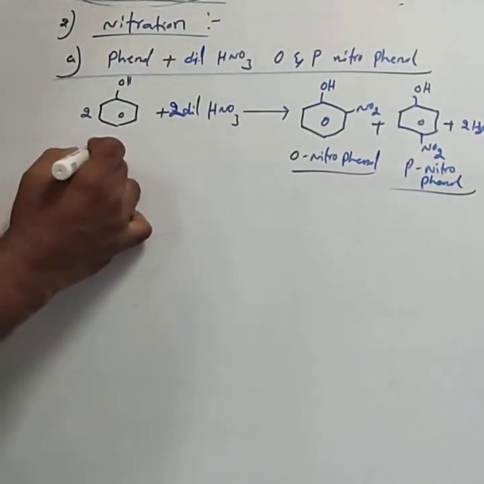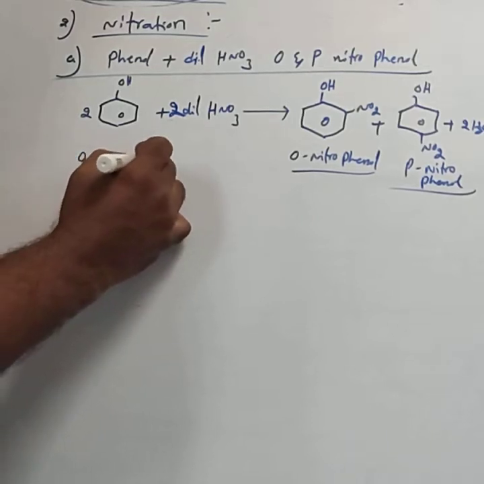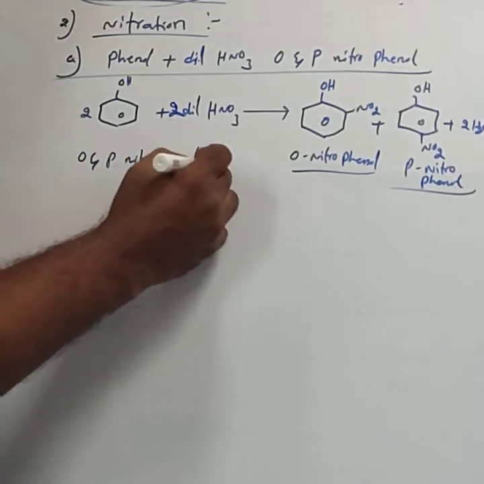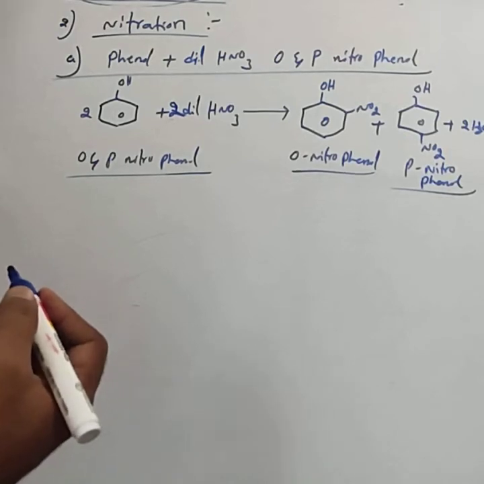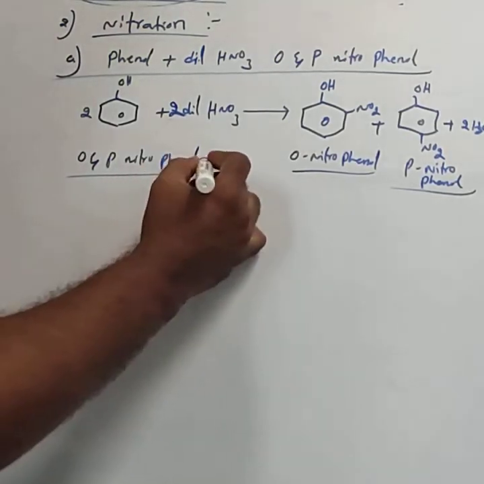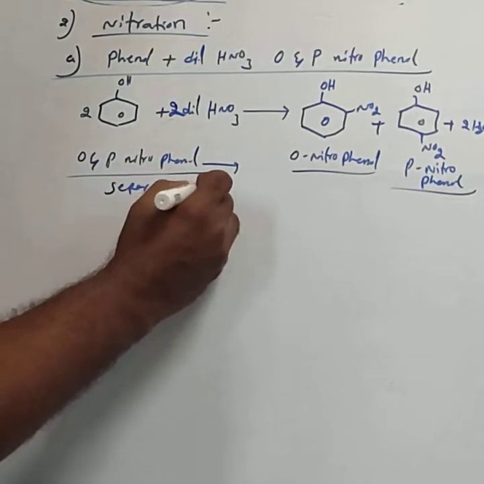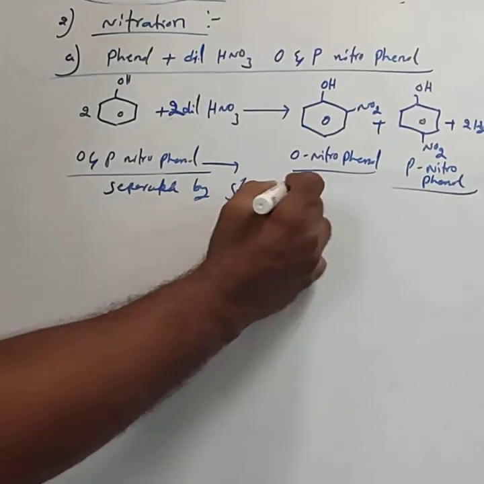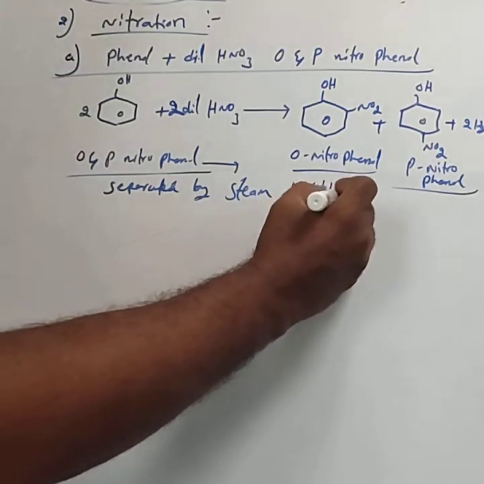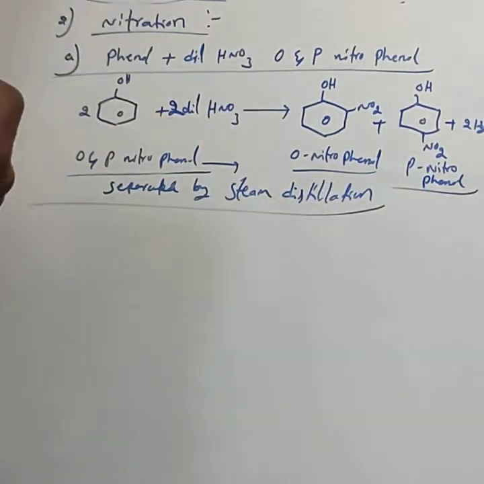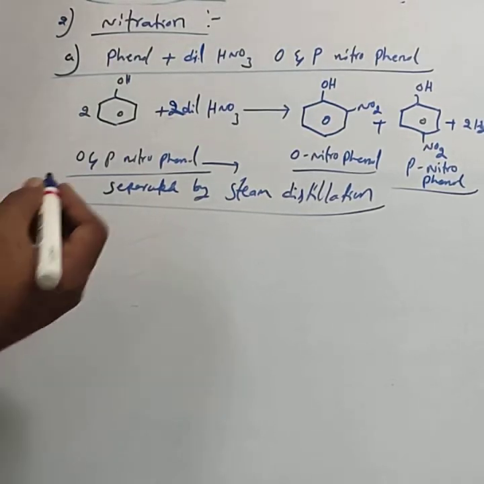Then for 1 more, it is most important. These ortho and para nitrophenol can be separated. They can be separated by steam distillation. Ortho and para-nitrophenol can be separated by steam distillation process. Why they are separated by steam distillation process means this